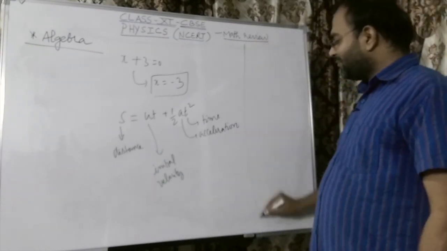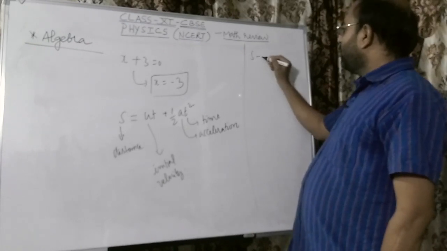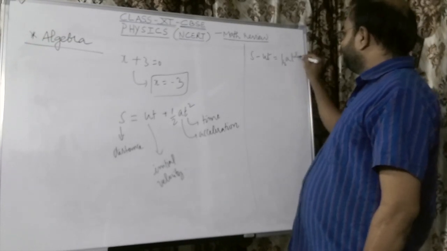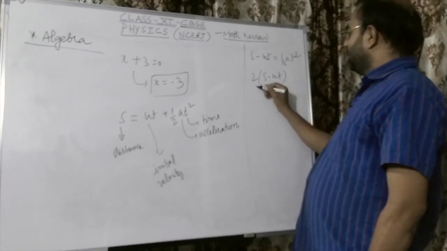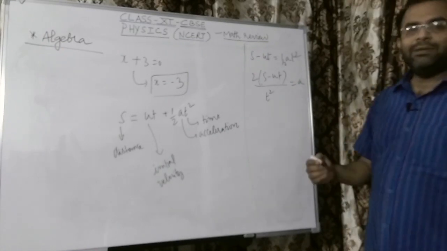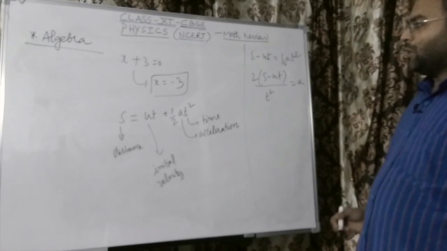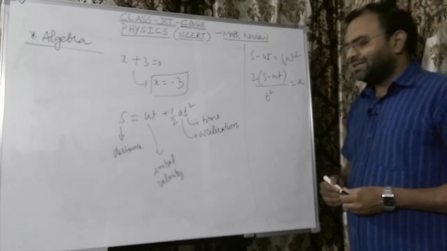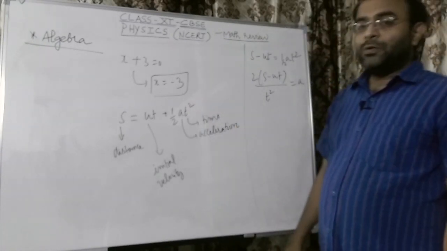For example, let me first solve this for a. If this equation has to be solved for a, then I would write S minus ut is half at squared, and 2 times (S minus ut) by t squared is a. So this is how one can manipulate an algebraic equation and arrive at the solution. But not all algebraic equations are so simple and easy to manipulate. For example, if you want to solve the same equation for t, you are not going to easily arrive at a